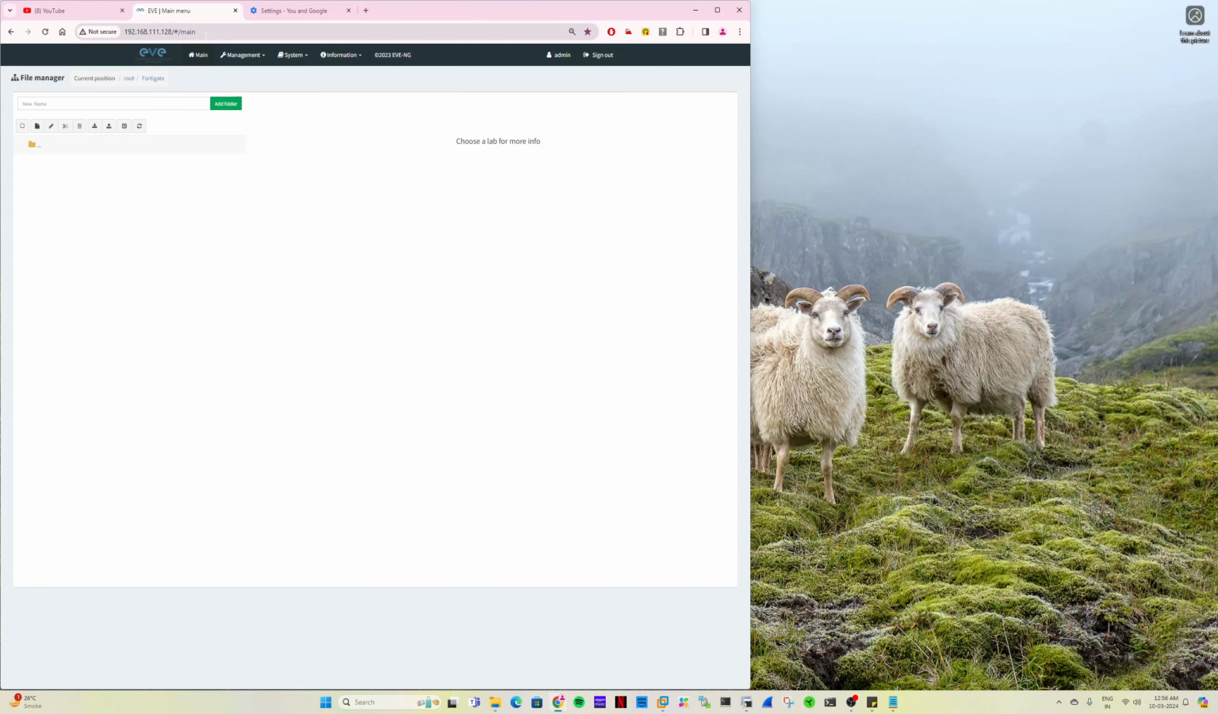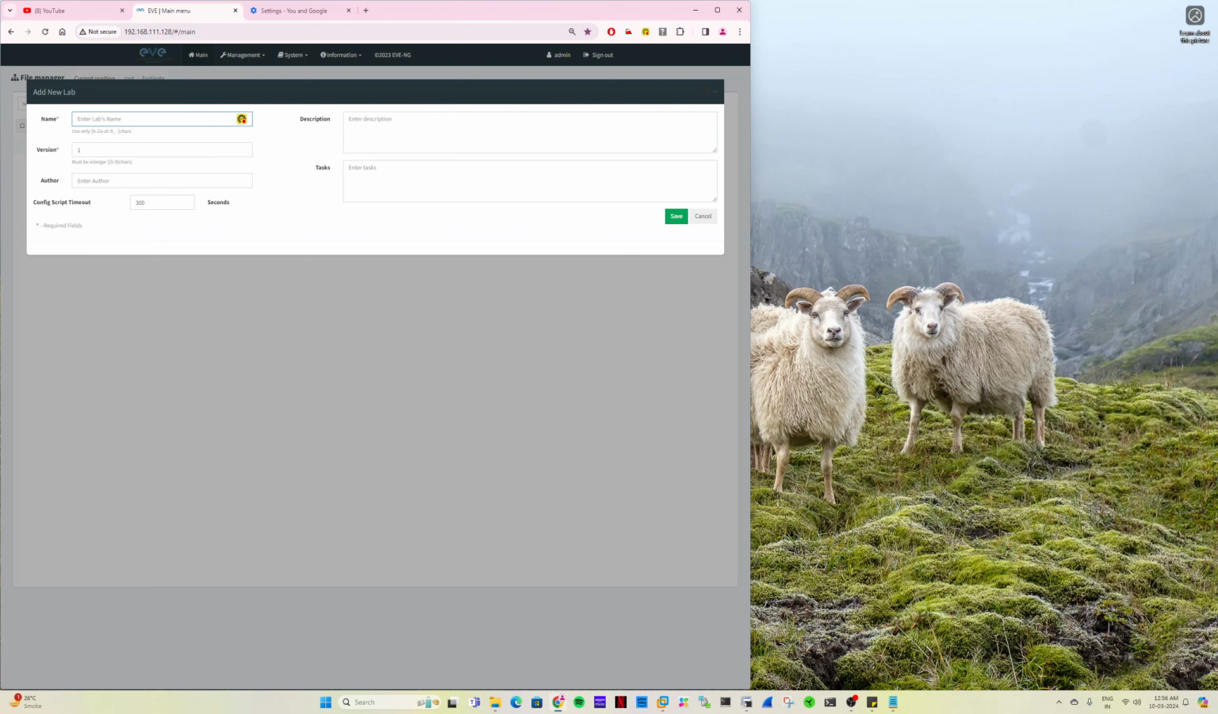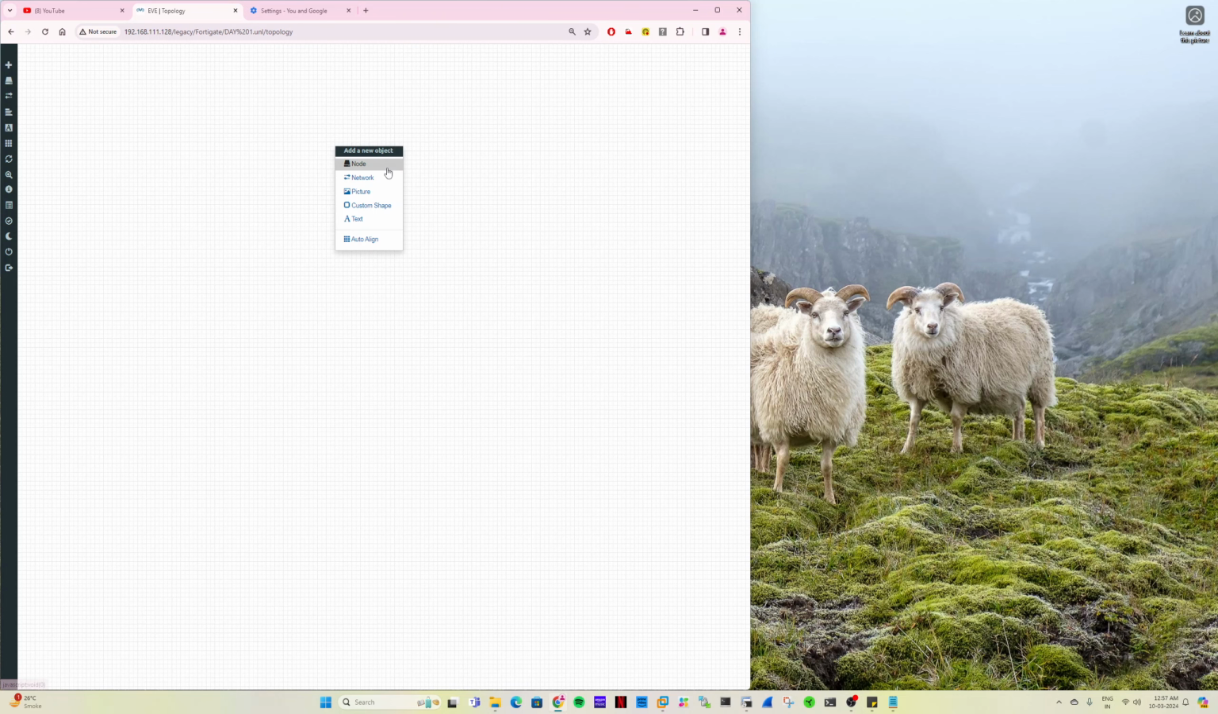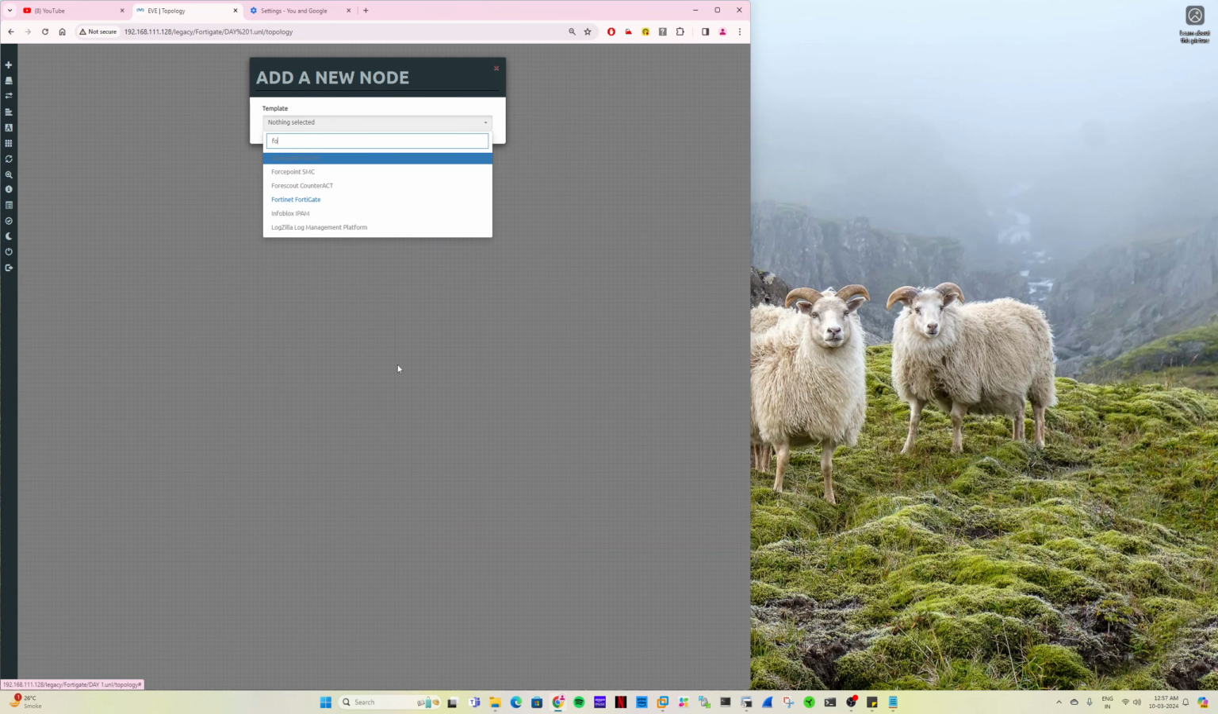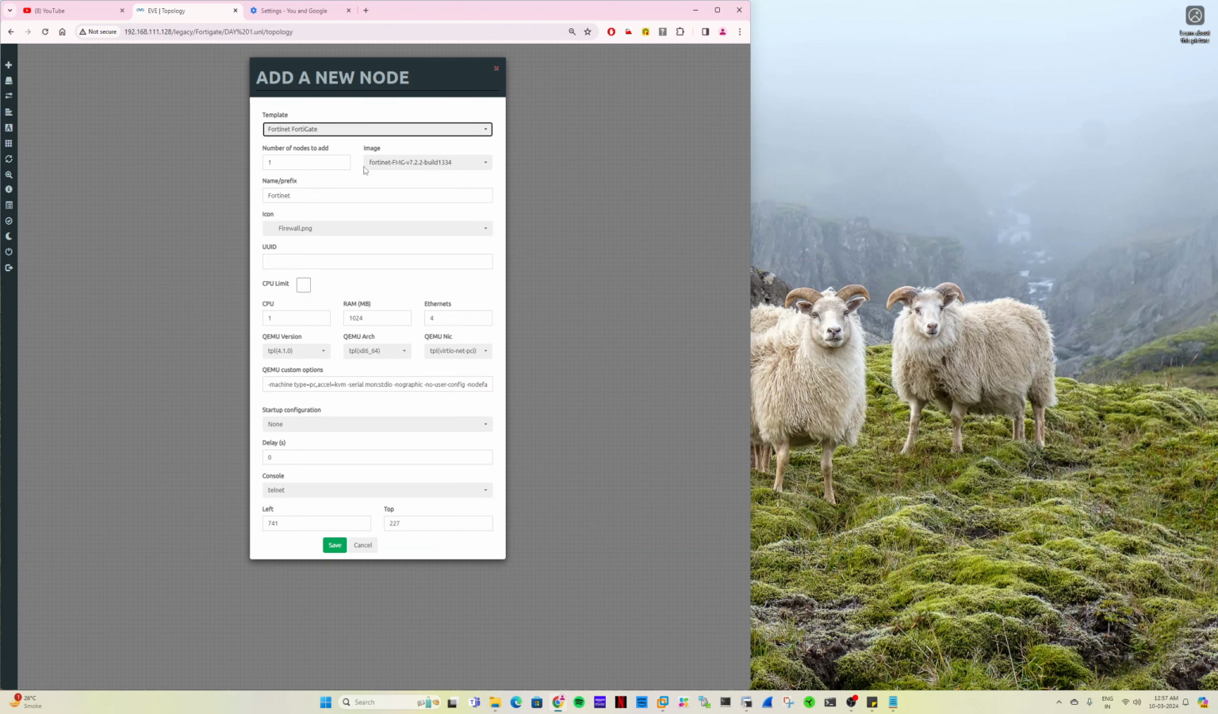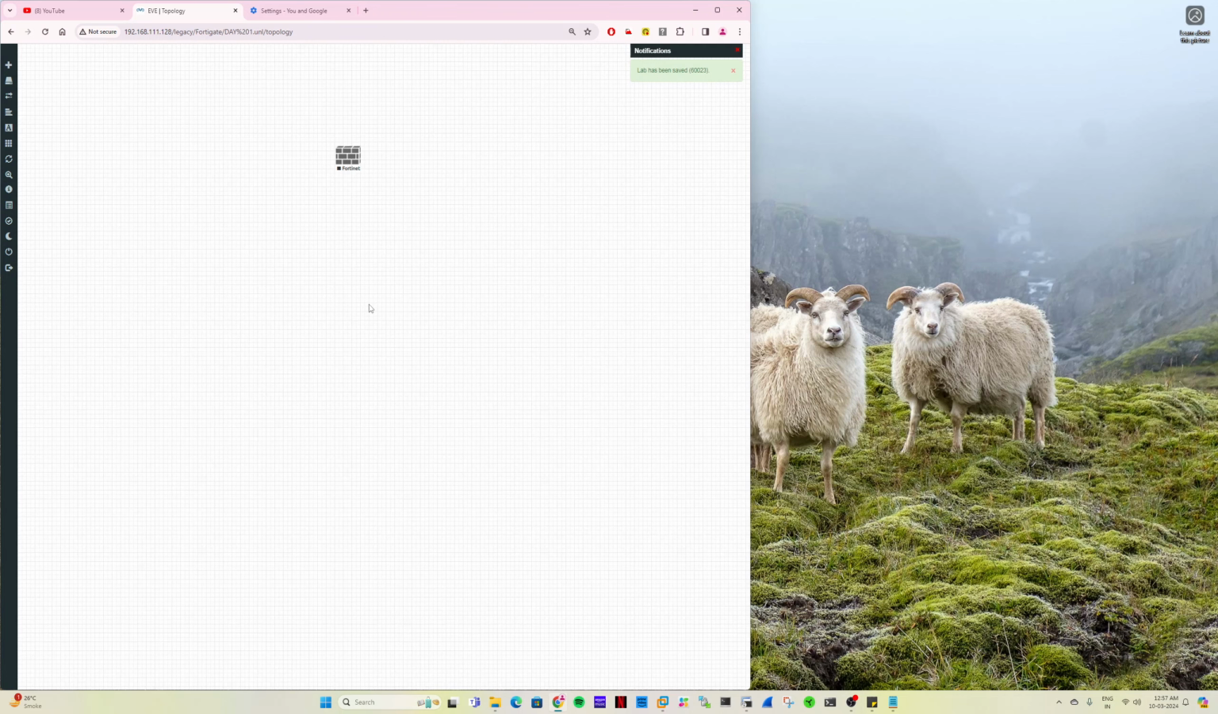So I have just logged into the EVE-NG. Just create a lab, day one, and I'll take the node Fortinet. You don't change the CPU, RAM, anything here. Just keep it like this, and then